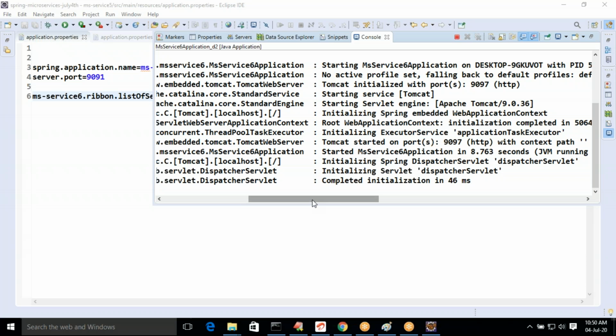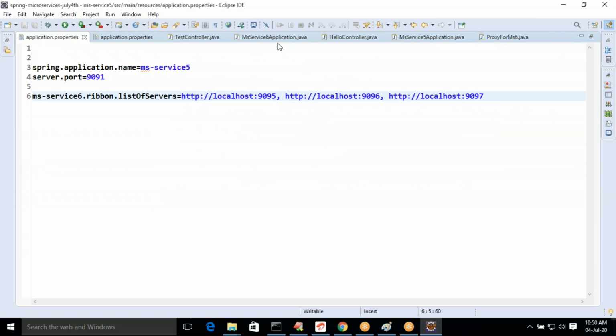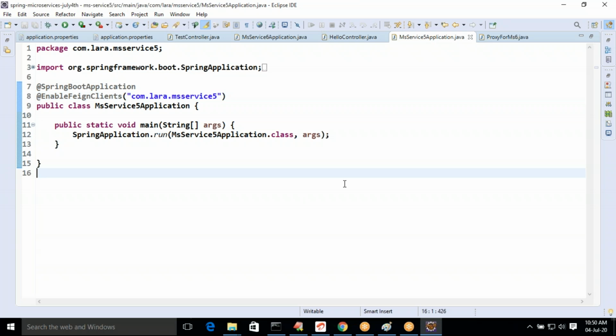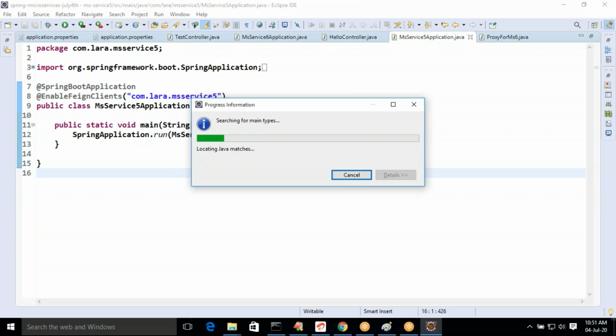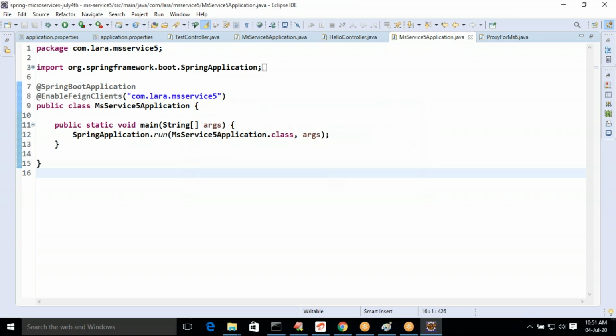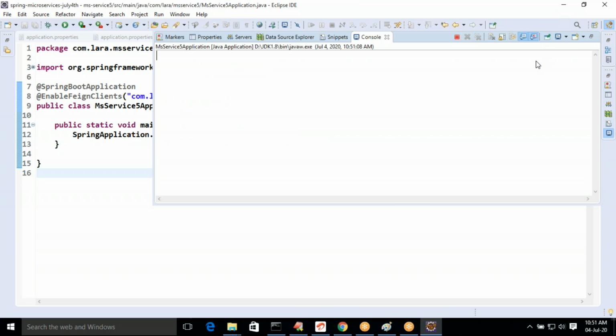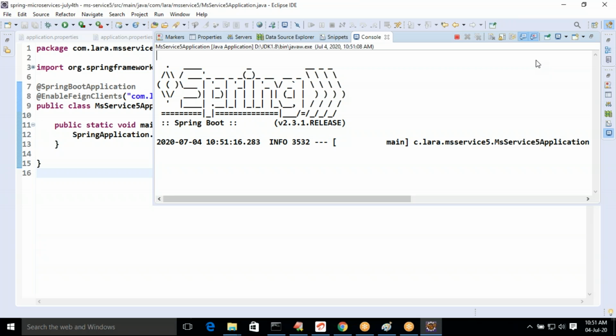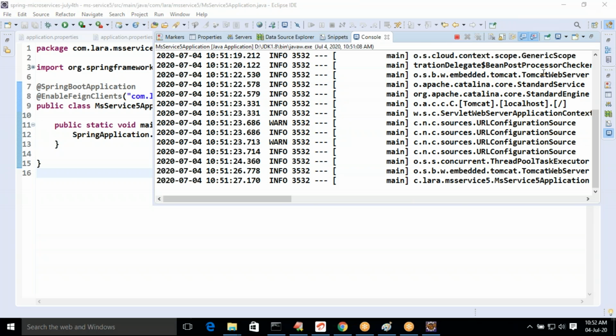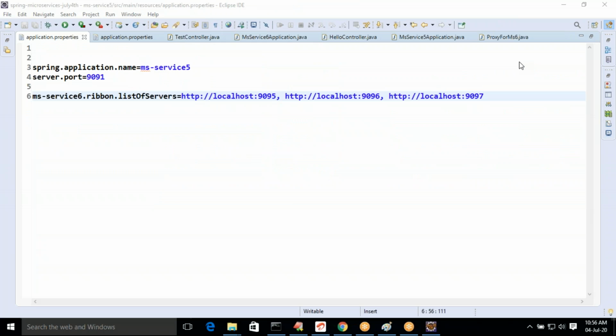Start MS Service 5. We are not using the proxy in the controller. Check it out.